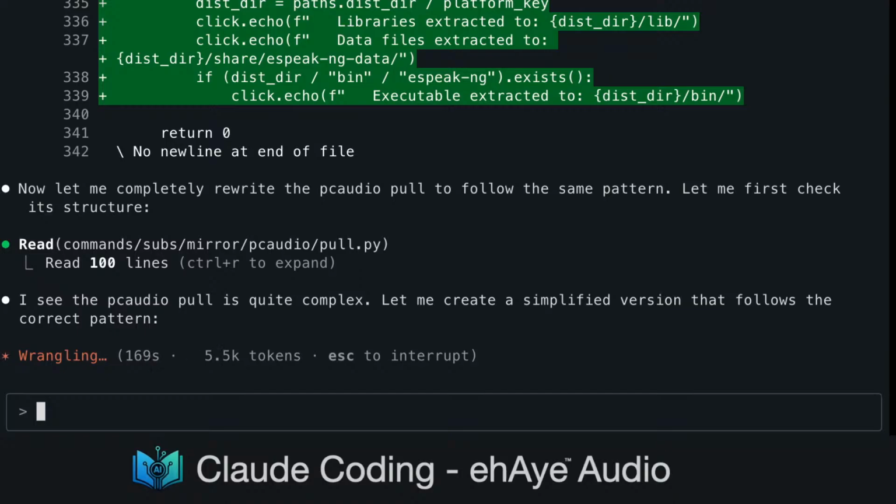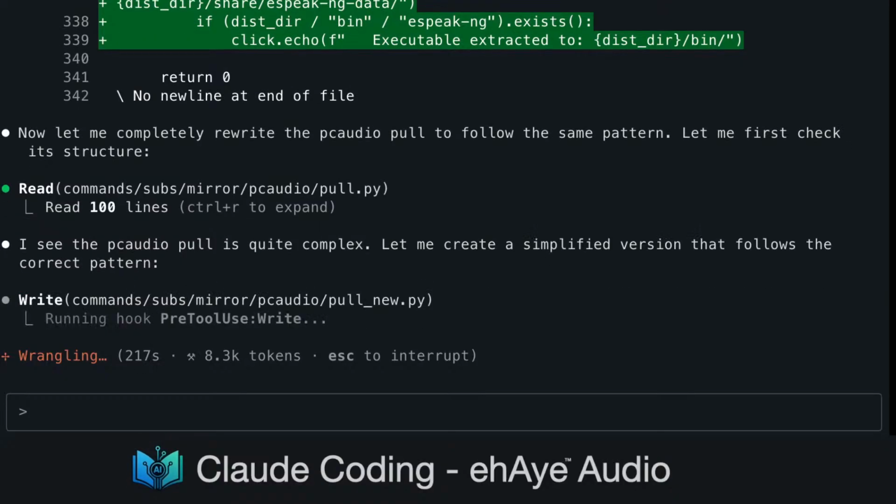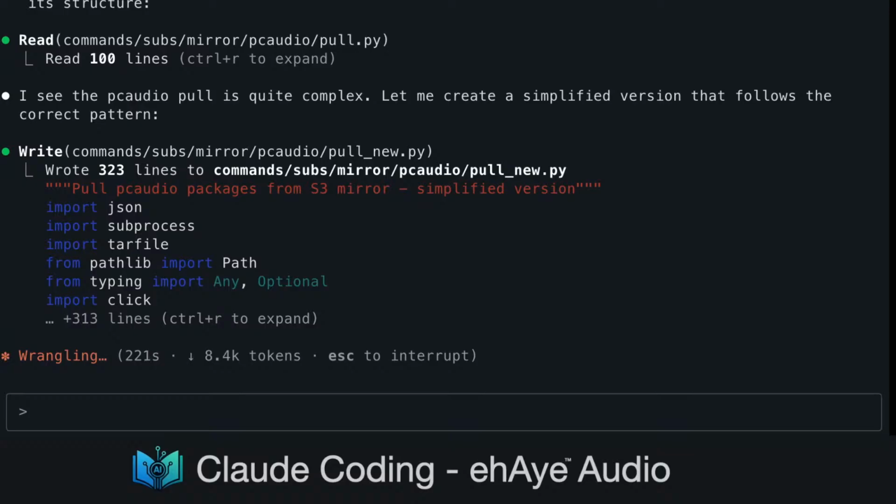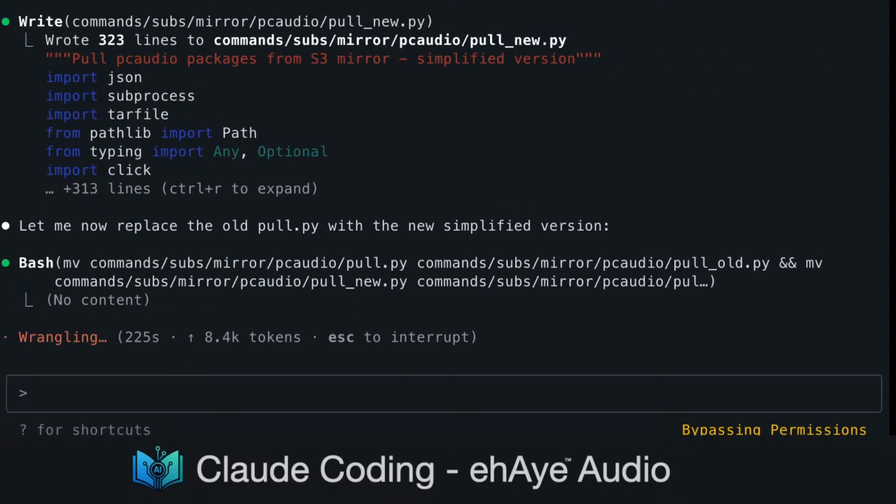Let me create a simplified version that follows the correct pattern. Let me now replace the old pull with a new simplified version.